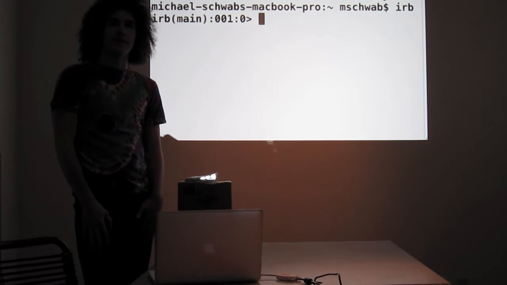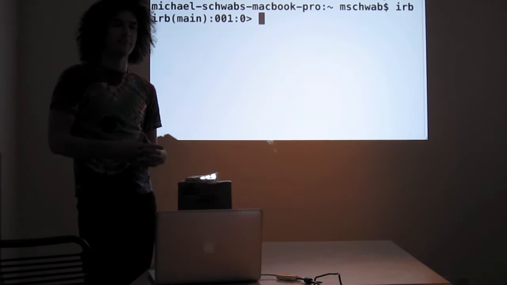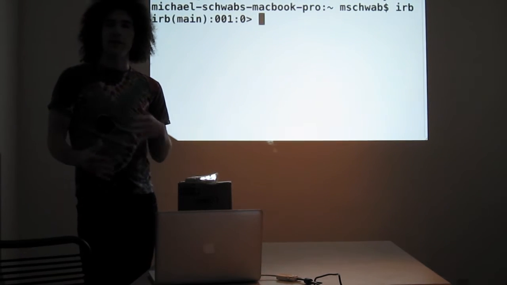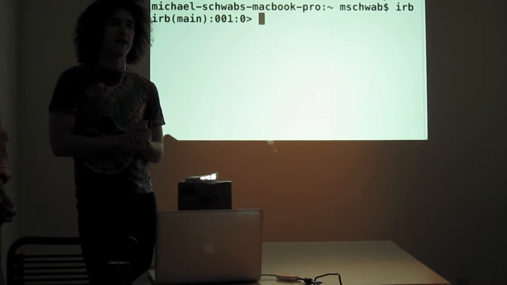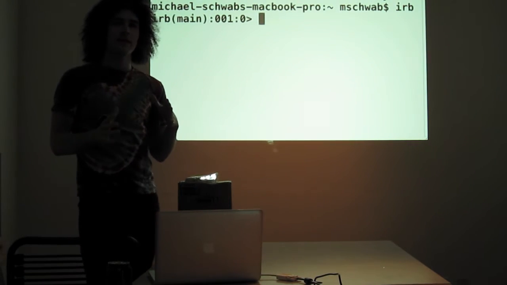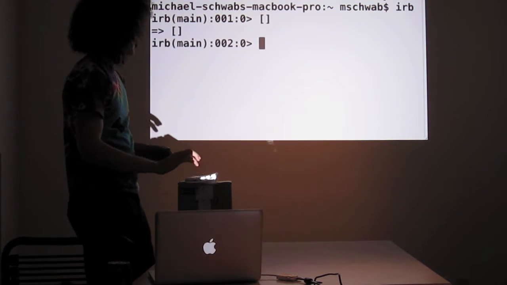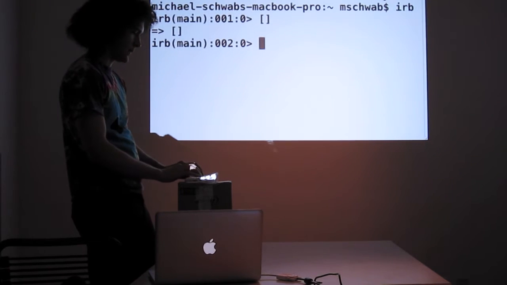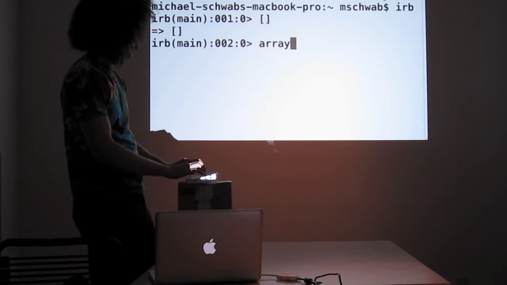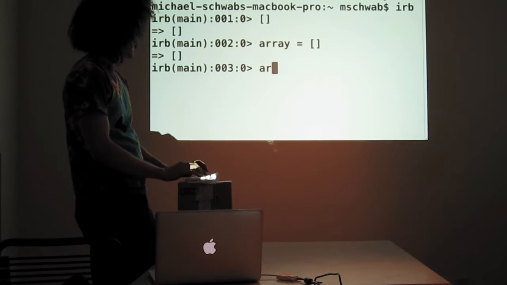Okay, so today we're talking about some data structures, but it happens that the most basic data structures are also literals. And what that means is that you can just type something and have an object. Like, you can just type that symbol and I can say array equals, and then use the square brackets. And I can say array.class,